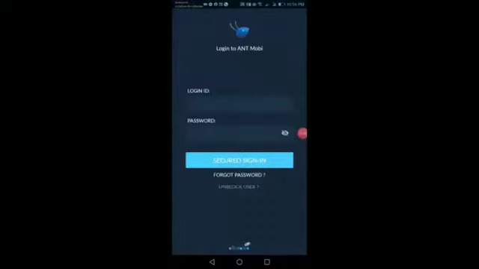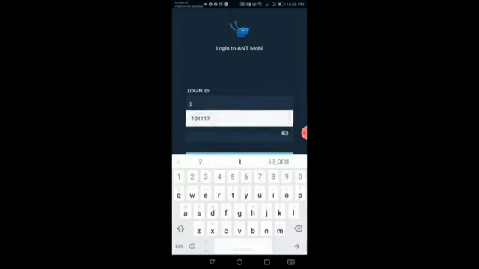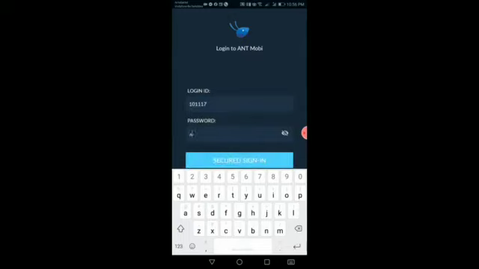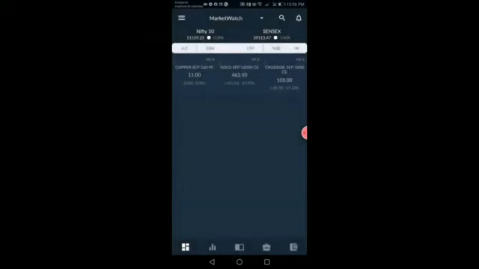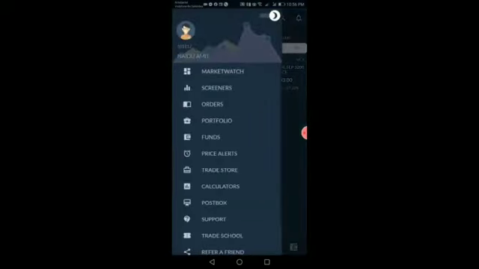So the last product is Ant Mobi. This is the Ant Mobi mobile application. Here you can log in with your login credentials. After logging in, you can click on the menu. Here you can find the fund.